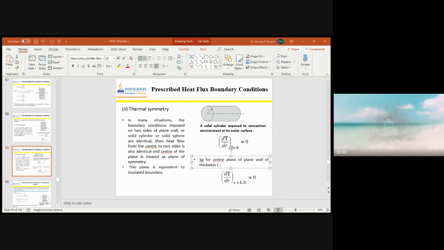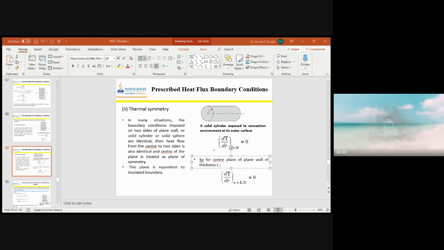H1 is the convection coefficient on the left hand side, H2 is the convection coefficient on the right hand side, and